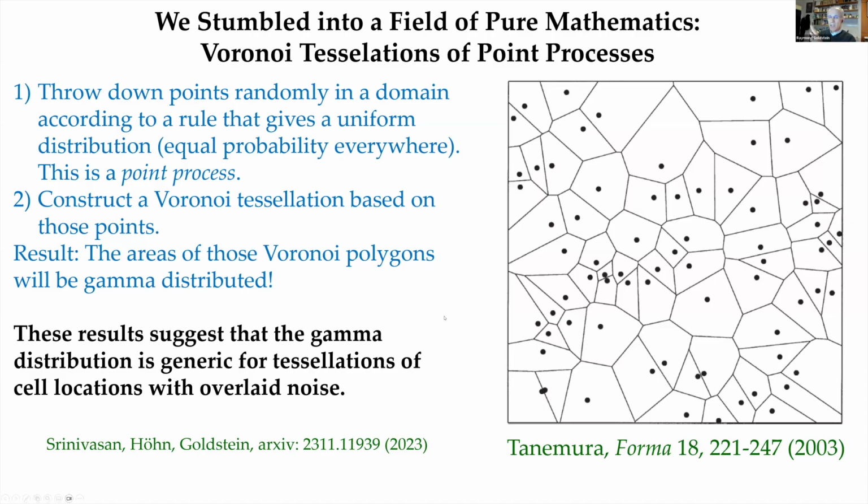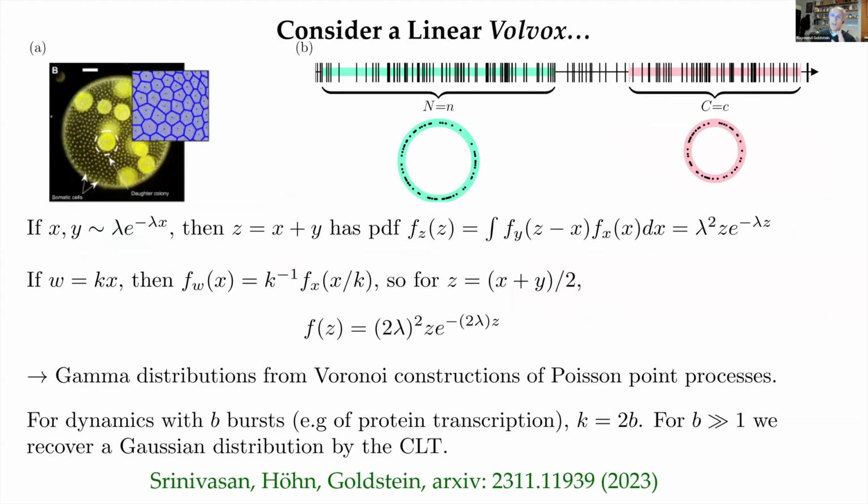So that, and I'll say a little more in a moment, kind of suggests that the reason it's generic is perhaps something about throwing down points within this extracellular matrix or in general in these biological structures. So here's a simple argument to see why this might have anything to do with the process. And you know the story probably about consider a spherical cow as a crude approximation to something. Let's consider a linear Volvox. So let's imagine throwing down points on a line where the spaces between the points represent the extracellular matrix. And just for a moment, consider a process in which